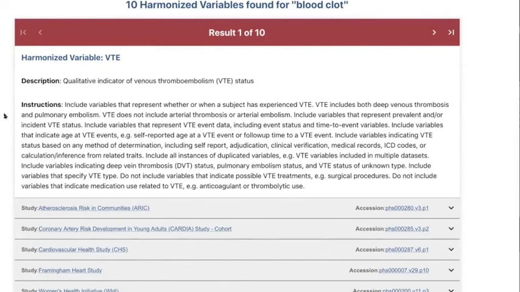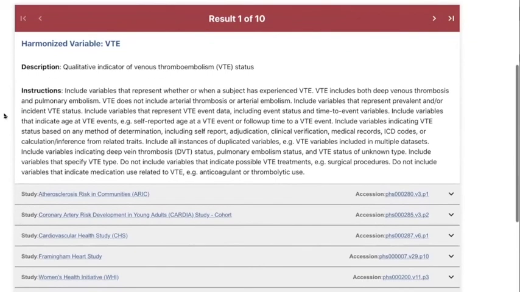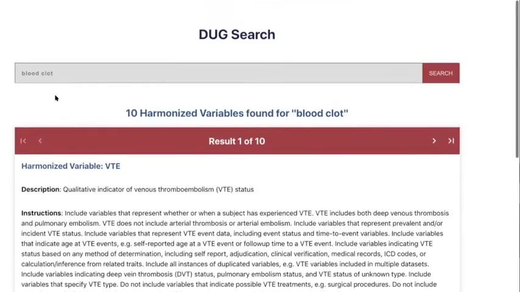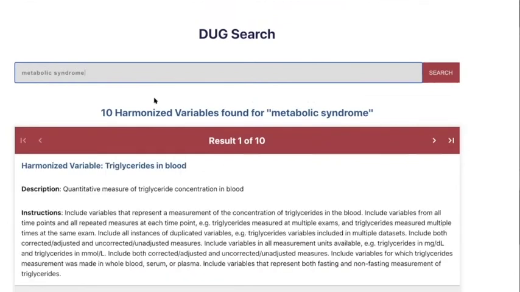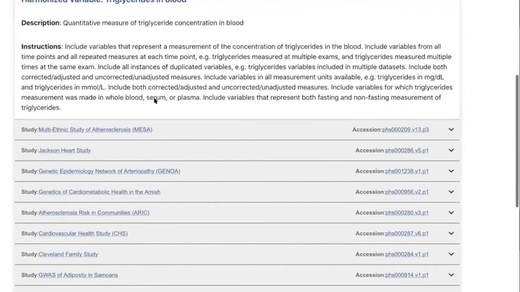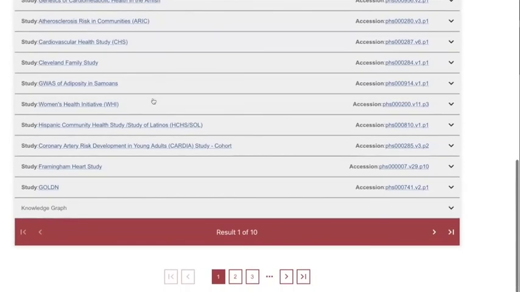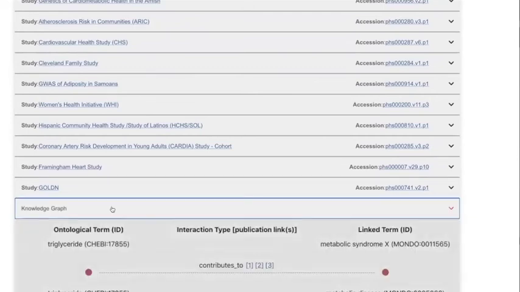Now let's take a look at Doug's other critical feature. Doug can actually explain to you why it's bringing back the results that it does. For this, let's say we're interested in metabolic syndrome. Great. The first result it brings back here is triglycerides in blood, which seems on the surface maybe a little bit tangentially related, but Doug actually has a section here called Knowledge Graph, which if we click on it, will